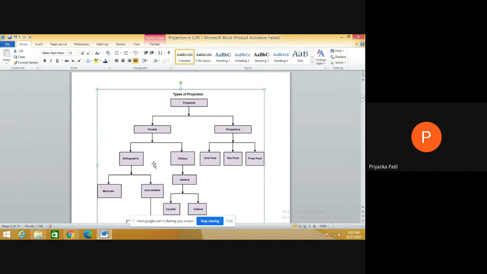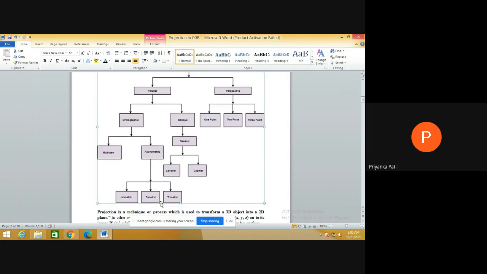Orthogonal is also divided into the multi-view and axonometric projection. Axonometric is also divided into the isometric, dimetric and trimetric. And oblique projection is a general projection which is also divided into the cabinet projection,